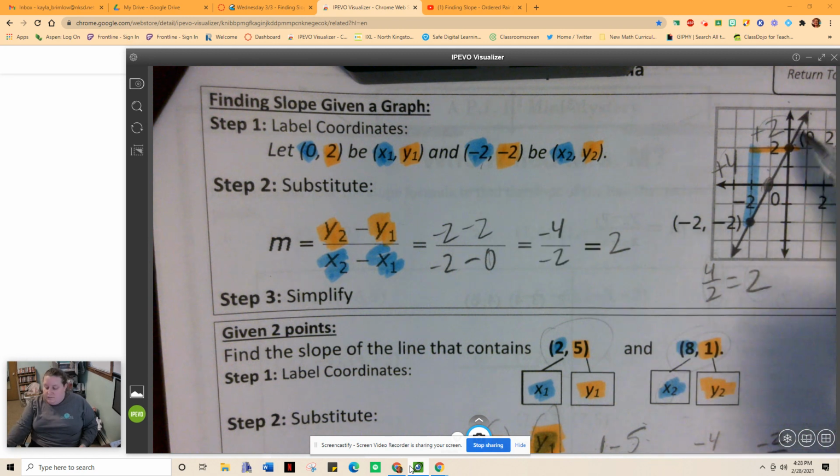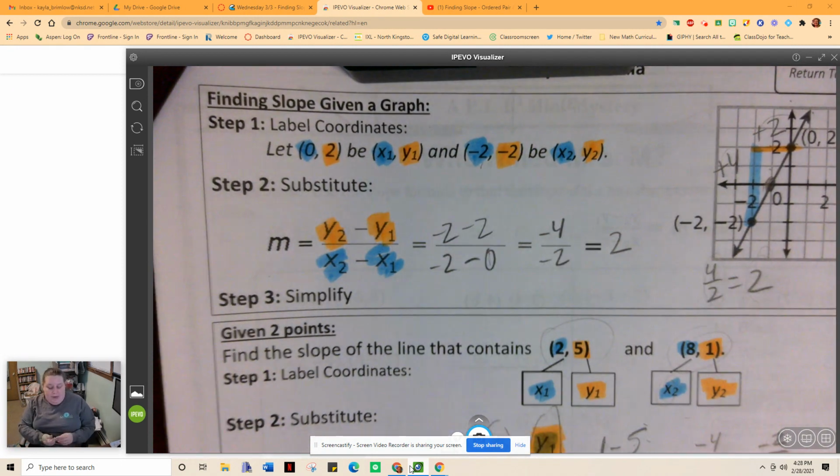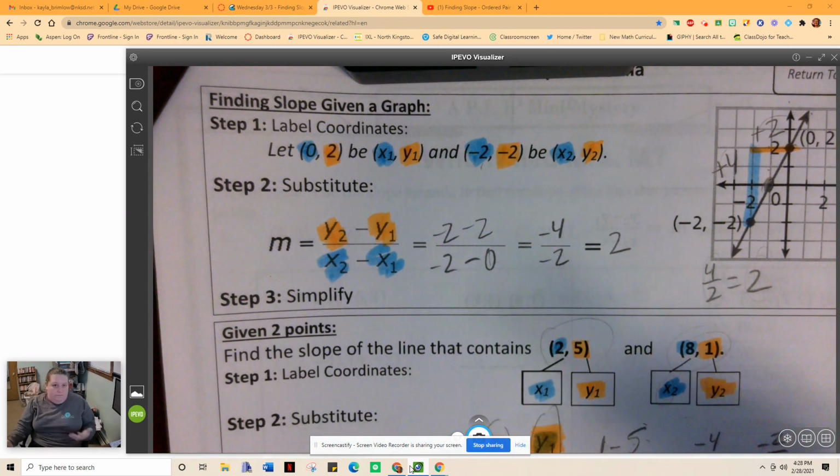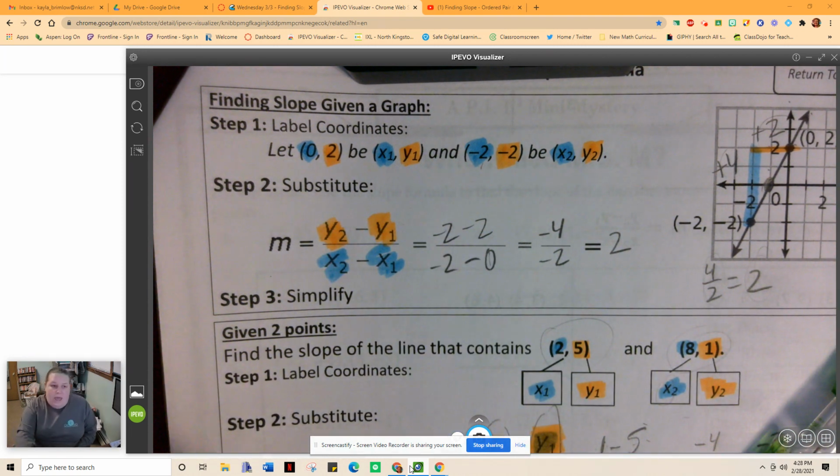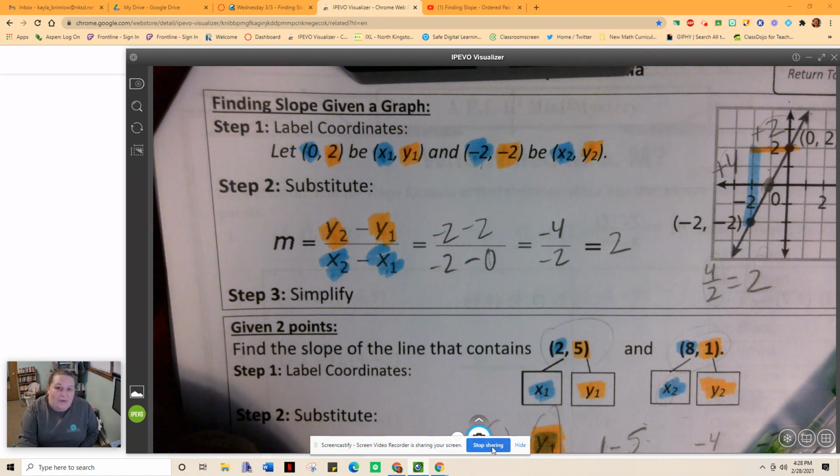So either way, you can pick 2 coordinates from your function and find slope, or you can use the counting method on a graph, okay? So today you're going to practice finding slope given a graph, whatever method you like, using the counting or the math. Just make sure you're using both formulas correctly. And if you have any questions, let me know. I will check